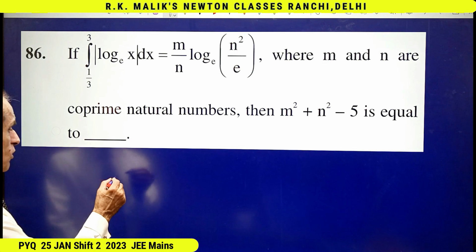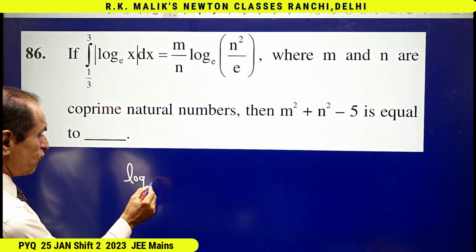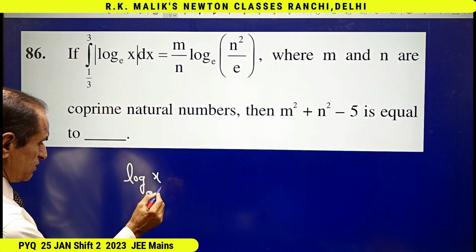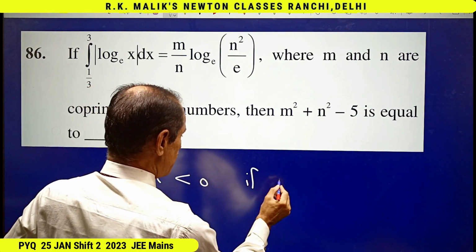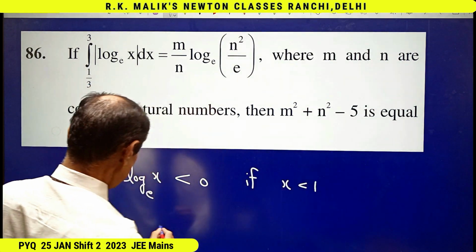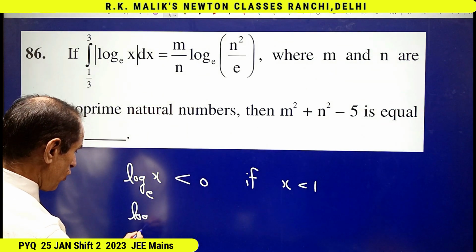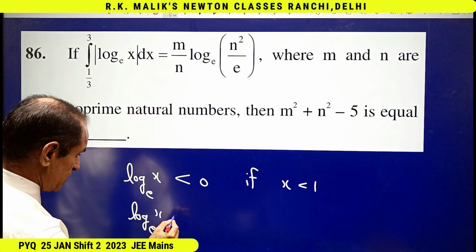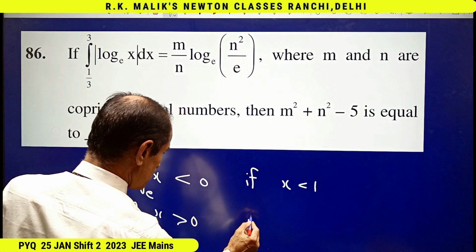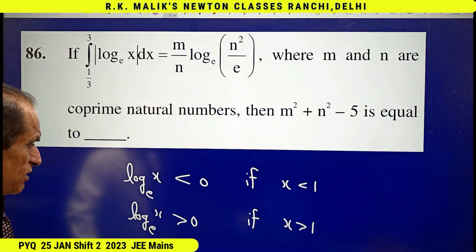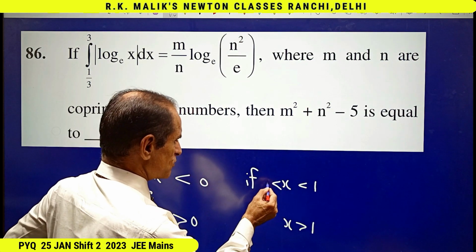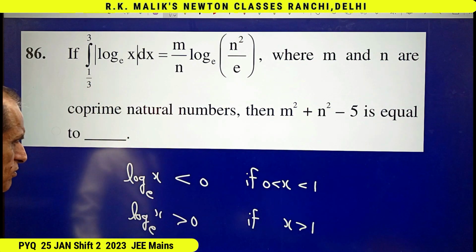We know that log of x to the base e is negative if x is less than 1, and log of x to the base e is positive if x is greater than 1. Obviously, this is more than 0. Keeping these two formulas in mind,